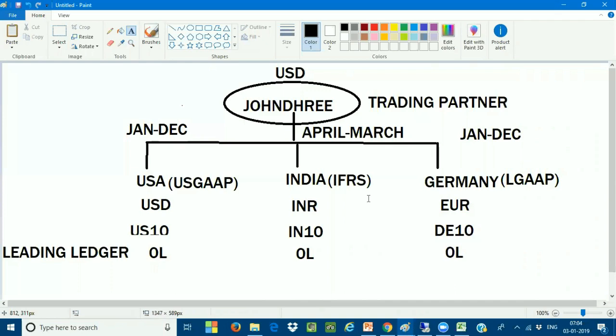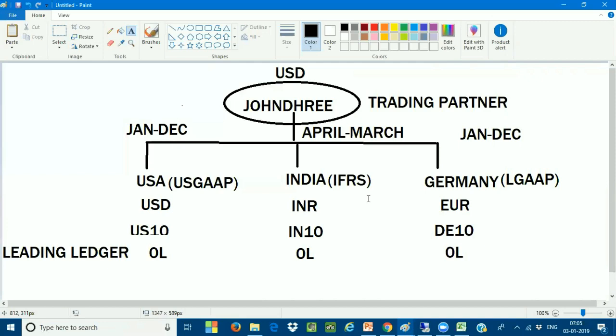So not only is it a fiscal year. What is the leading factor to use a non-leading ledger? Is it a fiscal year change or is it a reporting system? It is only the reporting system, not based on the fiscal year change. See, I'll tell you one example. In the same company code, if you are using three different accounting principles, that is US GAAP, local GAAP, and IFRS, then in this case I will not use the ledger concept, sir. The ledger concept will not come into the picture.